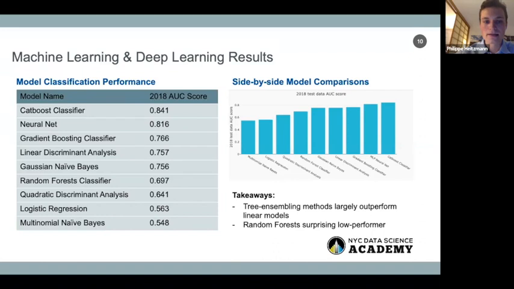And in this case, one of the notable exceptions to this general rule was that our random forest classifier model was actually a notable low performer. That would definitely be one thing, going back and trying to improve on this project: to see if there would be better ways to tune and adjust the random forest classifier model to capture some of those relationships better.